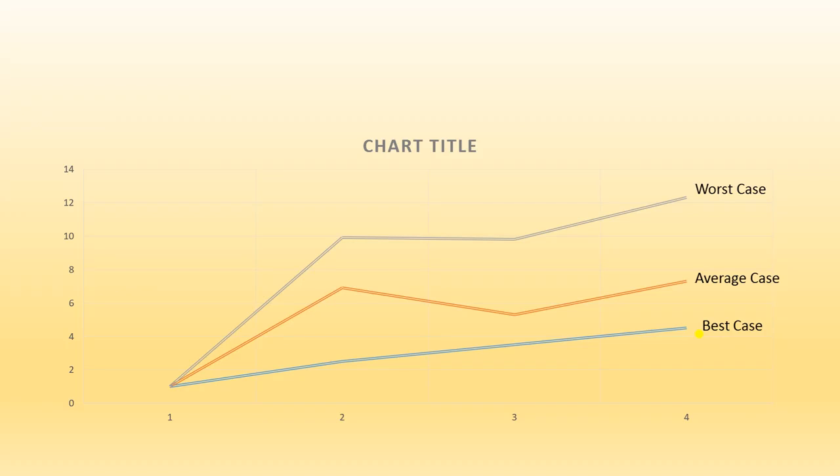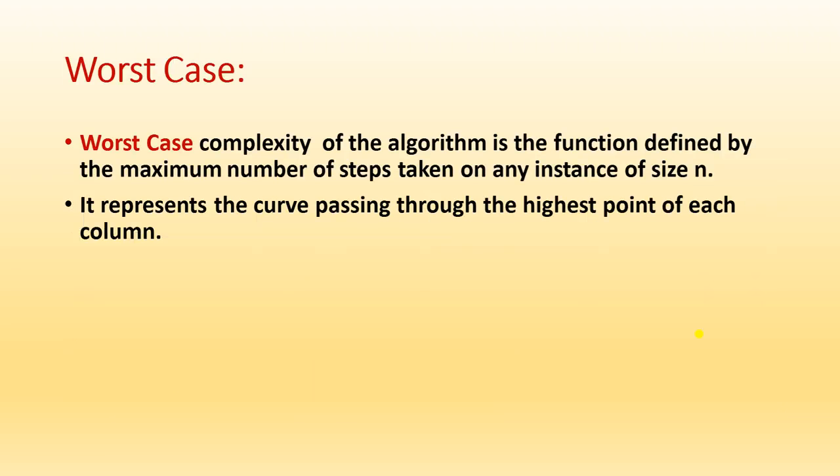And suppose the element you are searching for in a list comes in the very first iteration. This becomes your best case, because in the best case you put in less effort, fewer resources and less time. That's why it is the best case. Average case means the average number of iterations you have to take, so the performance is average in this case.